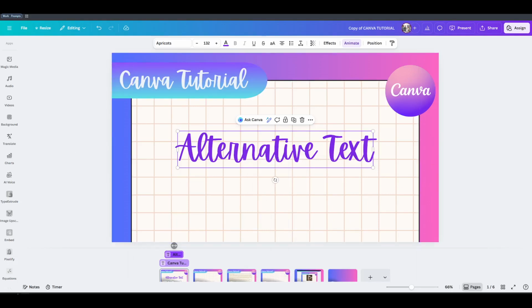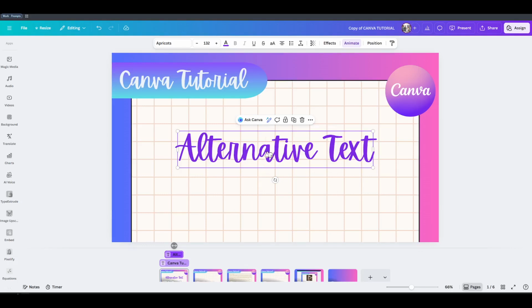A few quick tips as you work. Use this setting only when the text adds no new meaning. Headlines, labels, buttons, captions, and any content that users need to understand the design should not be marked decorative. If you're using duplicate text purely to create an effect, like a shadowed copy, an outline, or a background echo, marking that duplicate as decorative is a great idea, while leaving the main, readable text unmarked. And if you change your mind later, you can return to the same alternative text option, unmark it, and save